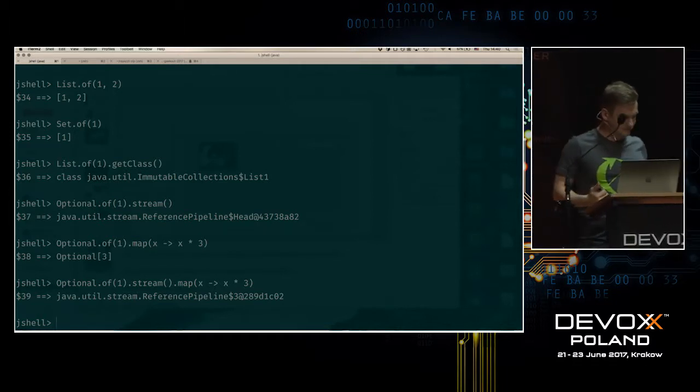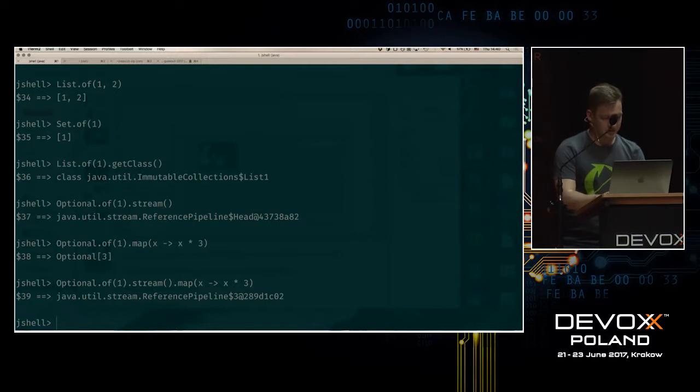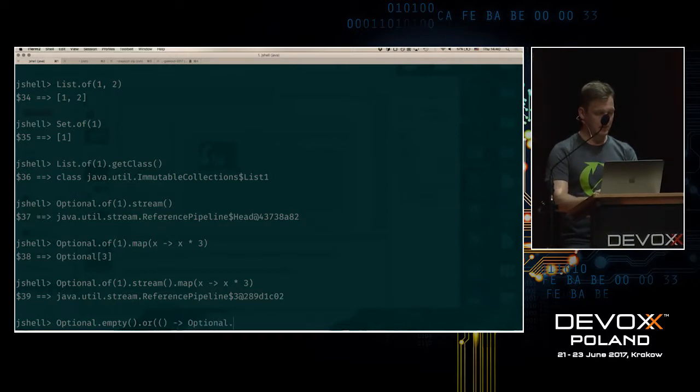And it's pretty great. Another thing on Optional is Optional.of(1), of null, say, empty. And you can do an or, which takes a supplier of another Optional, of,